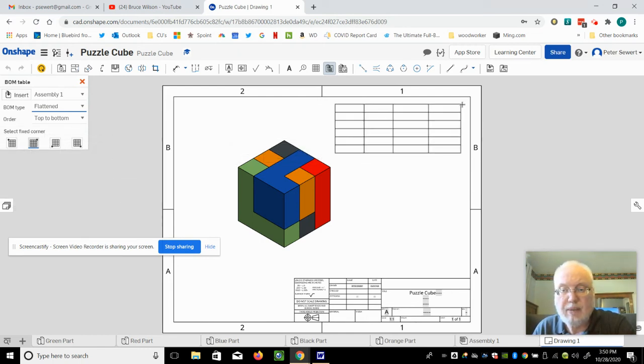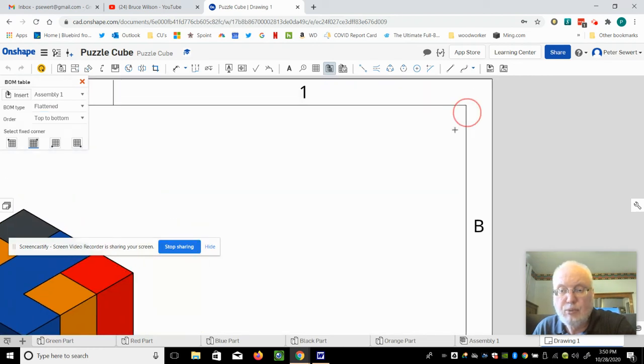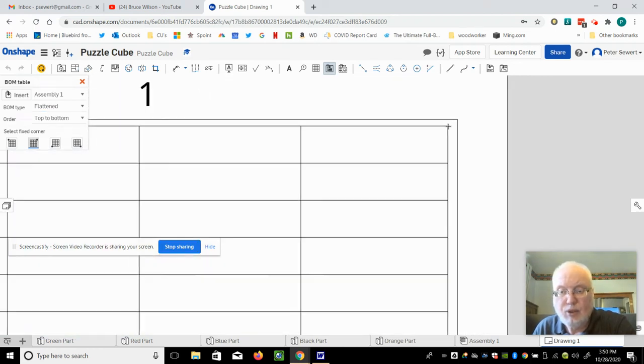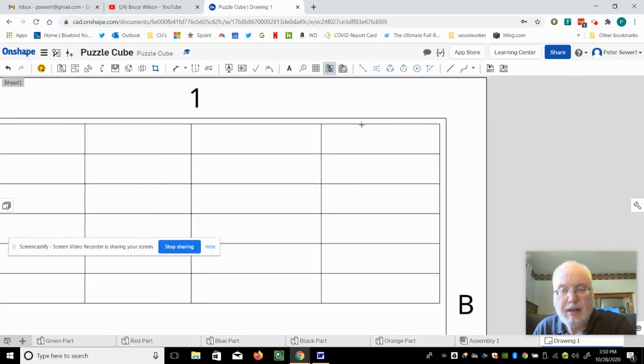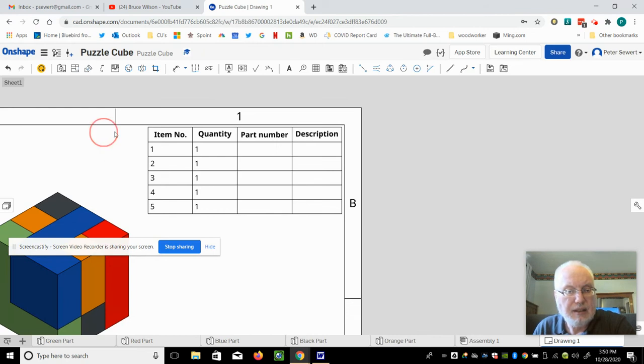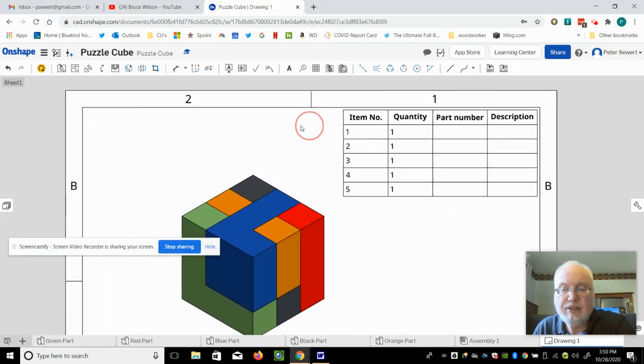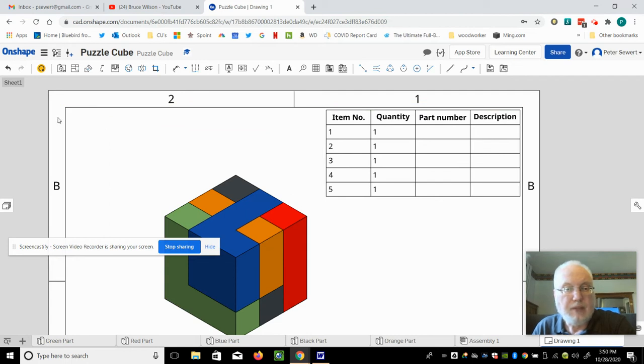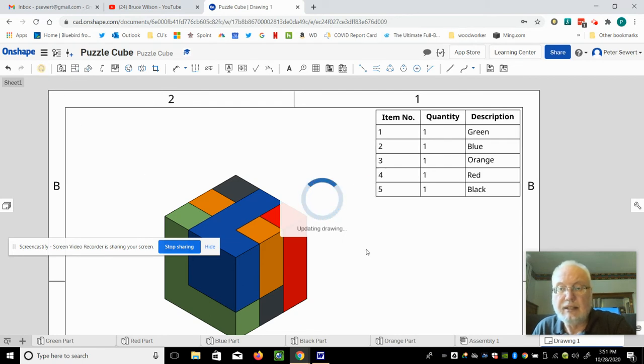So here's the table. I'm going to bring this over and zoom in on this area up here. I want to get as close to this corner as I can, but not have to be in it. That brings in my table. Now, to update this so that the column disappears and I just end up with description and those names in here, I have to hit this little yellow circular icon. That's called regeneration. Now I get the item number, number one, and I also get